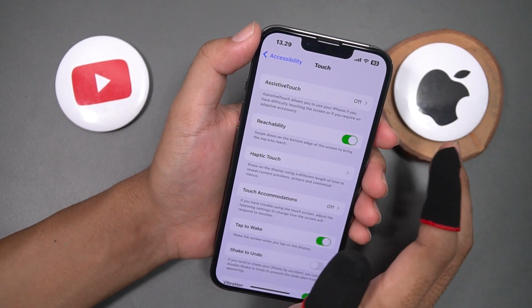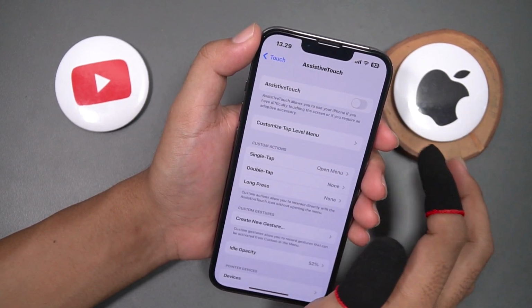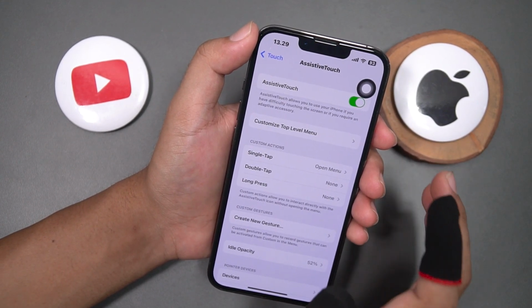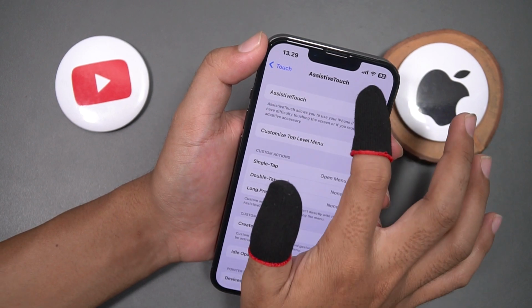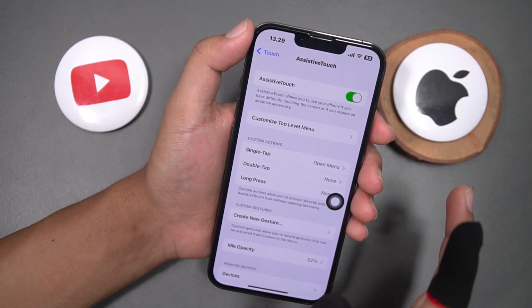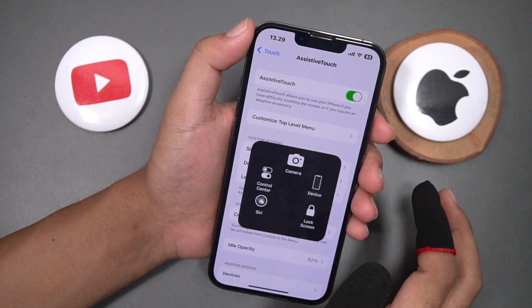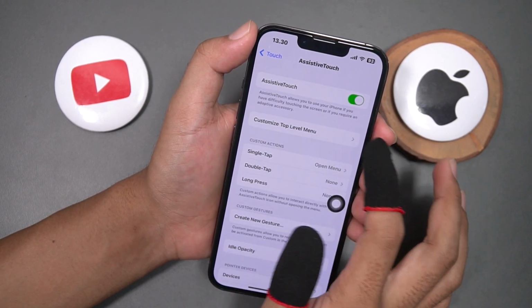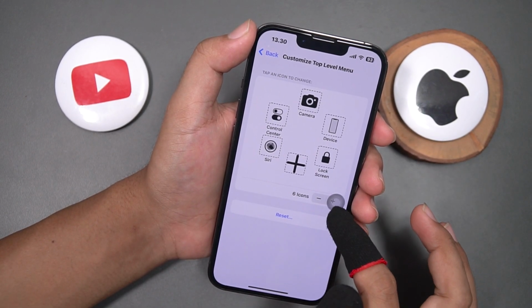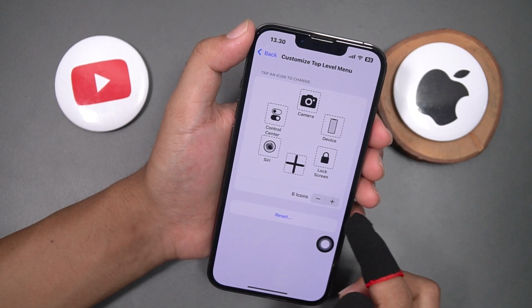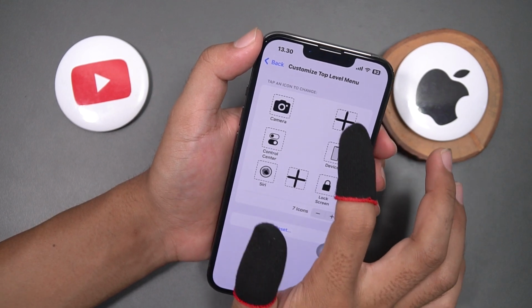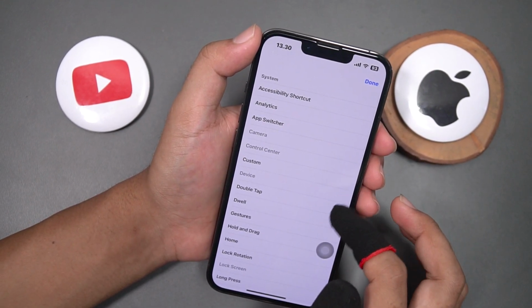You can tap on Assistive Touch to turn it on. After you turn on Assistive Touch, you can see a floating Assistive Touch button appear on your screen. You can tap on it. Then you can customize it by tapping customize top level menu. You can tap on this and then tap on the plus icon here. You can tap on the plus icon and then you can select the